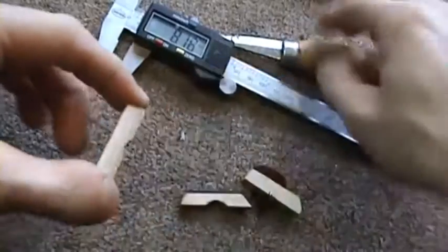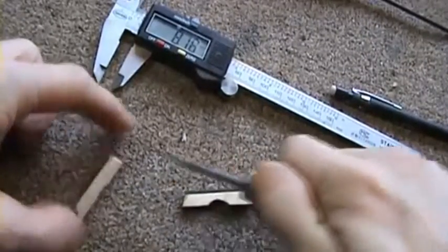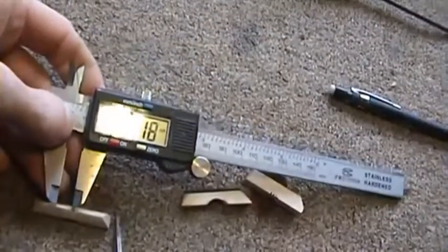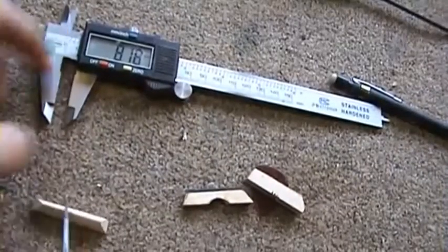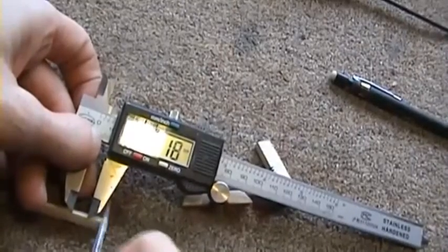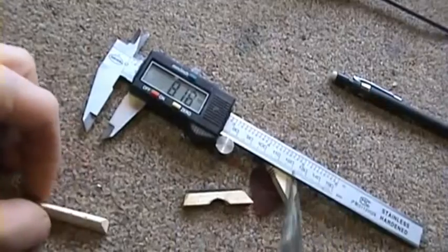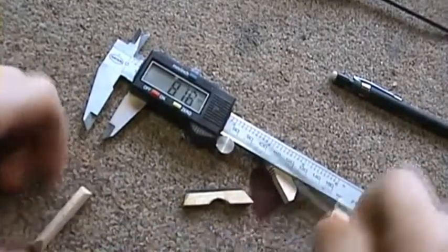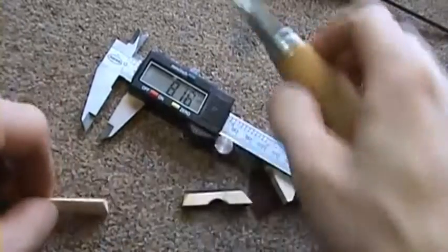To mark this one out, what we do is we mark on the central place a little nick. This is just for the string to rest on. It's not so vital. It just needs to be in the centre. And then we measure 8mm either side. Again, just a little nick for the string to rest on. And the same again. And we can always adjust these later if we want to widen it or shorten it. This is just the first initial stage. I do suspect this is slightly too high. We can widen those either with...